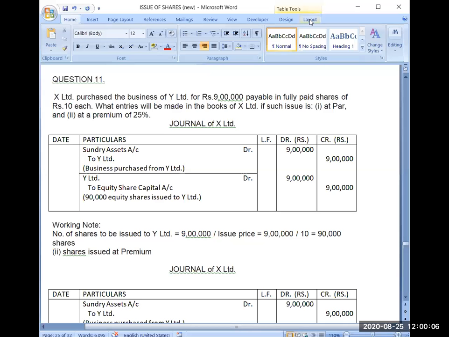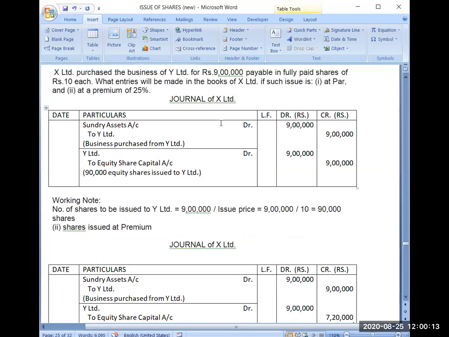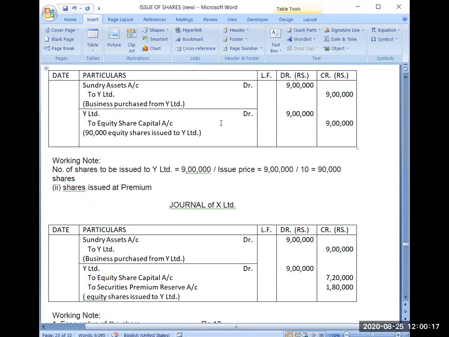Yes, please. So it is clear now. When shares are issued at par, how you will be doing journal entries, and when shares are issued at premium, then how you will be doing calculations. So here in the narration, I will be writing 72,000 equity shares issued to Y Limited